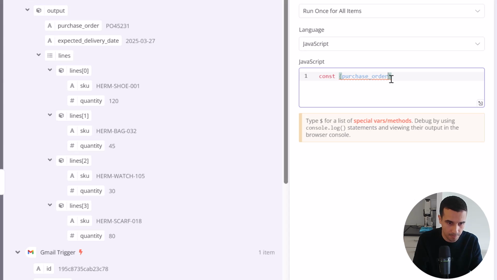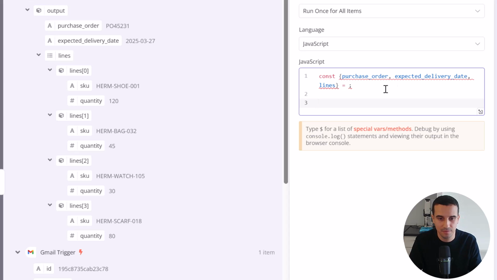Yes. We're going to have the expected delivery date, and then the date without, and then we're going to have the lines. These 3 variables will be basically what we're going to have from the output. Yeah, great. And we need to close. And then what we need basically is,